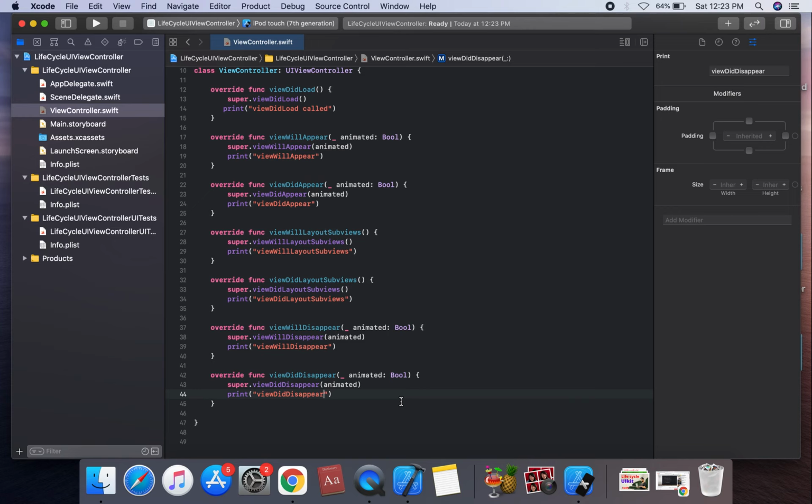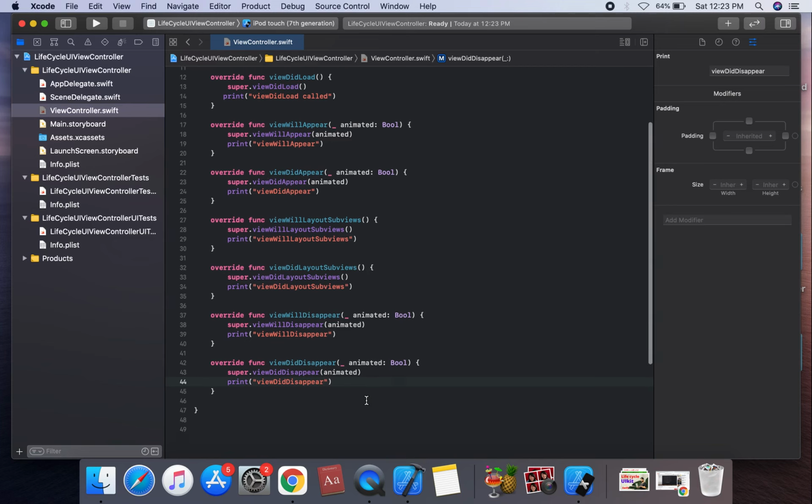Something like stopping music playback at this time would be a good choice.